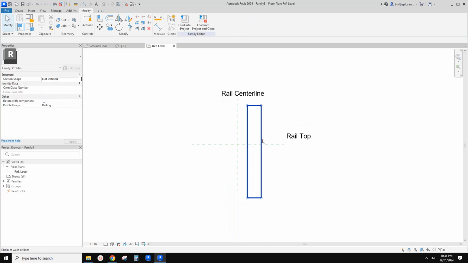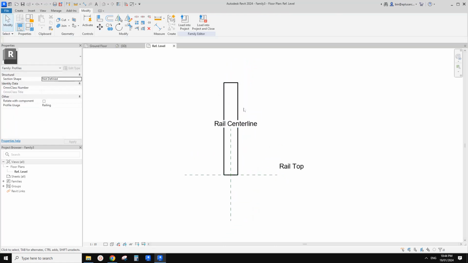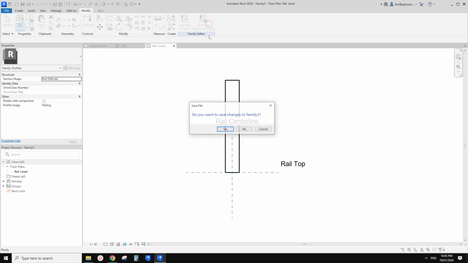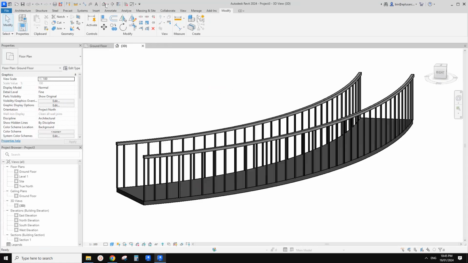Now I'm going to tab, select the whole thing, MV, move. Maybe just move it here. Now we have this, and we can load it into the project. Let's go to 3D view and select this